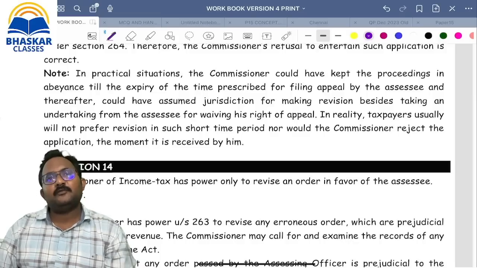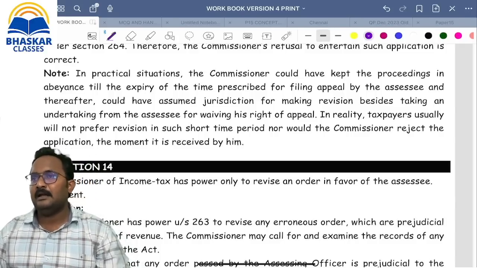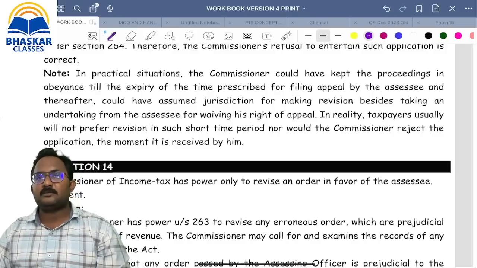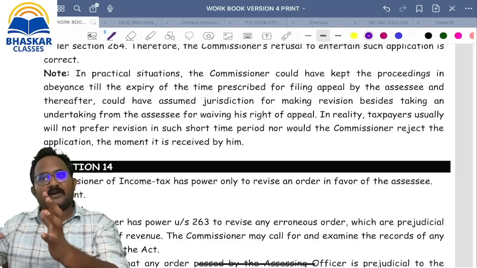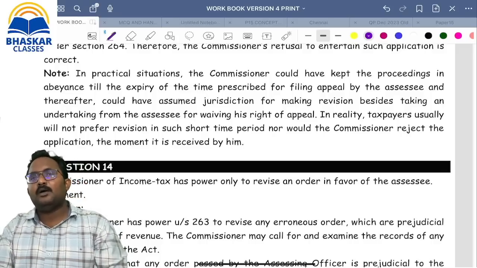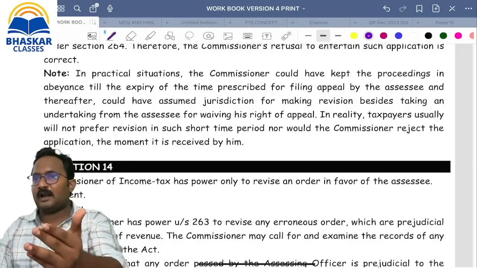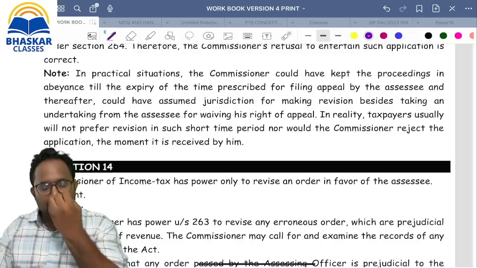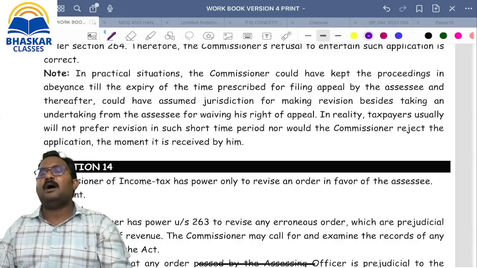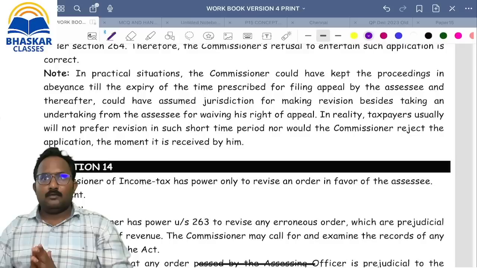Next point, 264 revision can be done by the department also on suo motu basis. Whether the statement is correct or incorrect? Yes, correct only. But if you want to make an application for revision under section 264, you have to pay a fee of how much? 500. Sir, if one order is already revised under section 264, can the assessee go for an appeal against that order? No. Because you are asking for revision, we have already done the same thing in that order. Can you go for an appeal again? No. Next, can these appeals and revision both go, or only one? Only one. So that's why this can be called mutually exclusive.